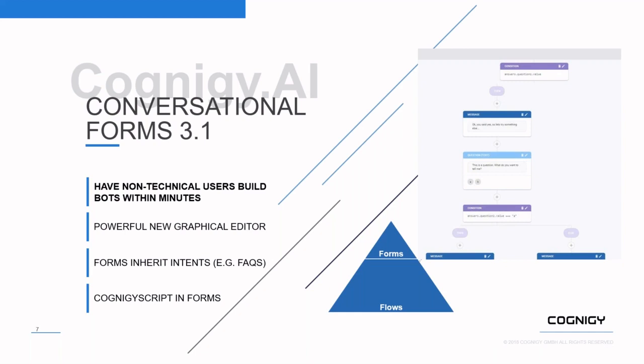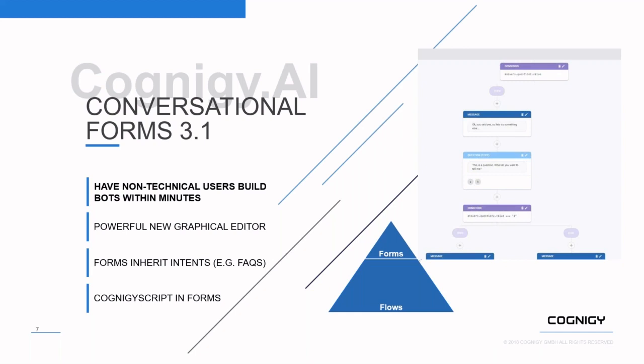There's also a couple of extra things here, might be a little bit technical, but forms now inherit intents. What that means is that, of course, forms are being called from within a flow, and that flow might have a number of intents. It might have a help intent, it might have FAQs, and you want those FAQs also to be available when the form is being run through. So what you can do now is create your FAQs, call the form, and when a user asks an FAQ question while this form is being run through, the FAQ will still be answered,